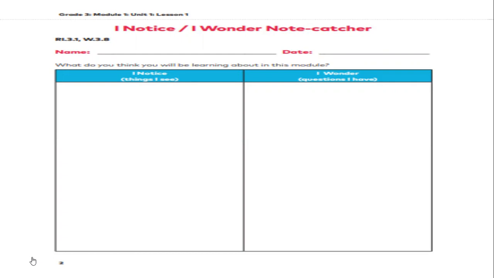All right, so you'll notice it says, what do you think you'll be learning about in this module? And it says, I notice, and it says, I wonder. So notice are things I see, right? Wonder are questions, things I wonder, things I am not sure about, okay? So let's look at the first picture. So look at this picture. I know it's not perfect, what I got. So look at the picture as best as you can and see if you can figure out